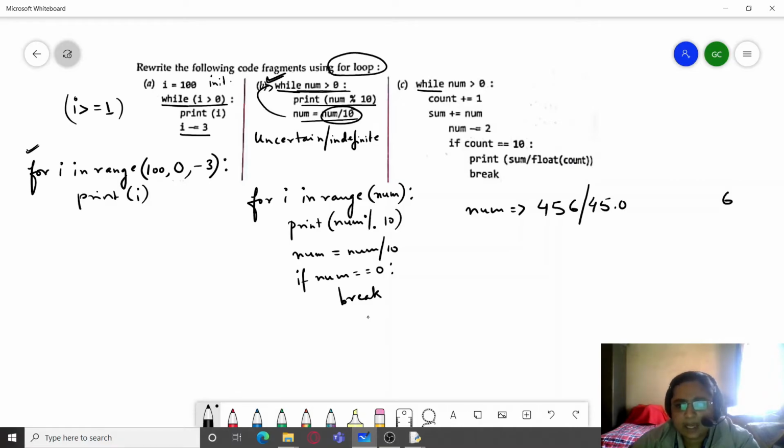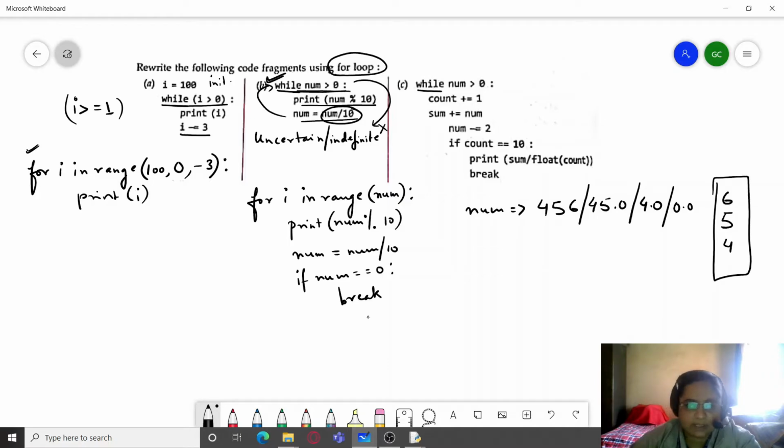Yes. Again print its remainder, which is 5, and then divide by 10, so it will be 4.0. It is still greater than 0, so again we find the remainder, which is 4. Now when we divide it, it will be 0, so it will exit from the loop, and we get 6, 5 and 4.